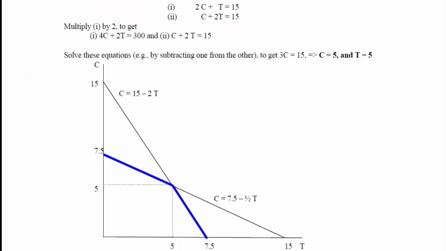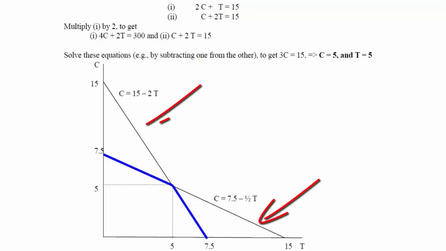But if we could back up to the two lines again, focusing not only on the blue segments but on the entire straight line, we're going to identify one of these resource constraints as the capital constraint and the second one as the labor constraint, and hopefully we can easily take care of that because from the starting point we were told which equation represented the labor and which equation represented the capital.